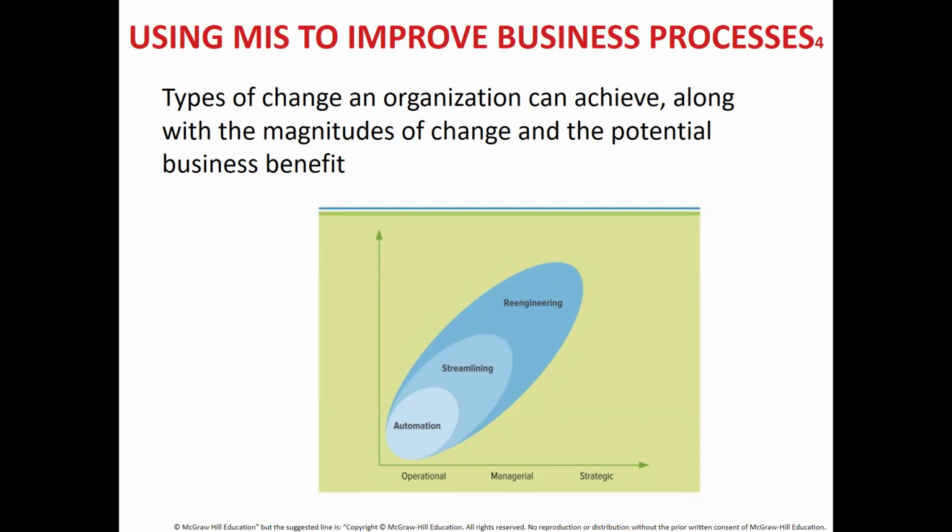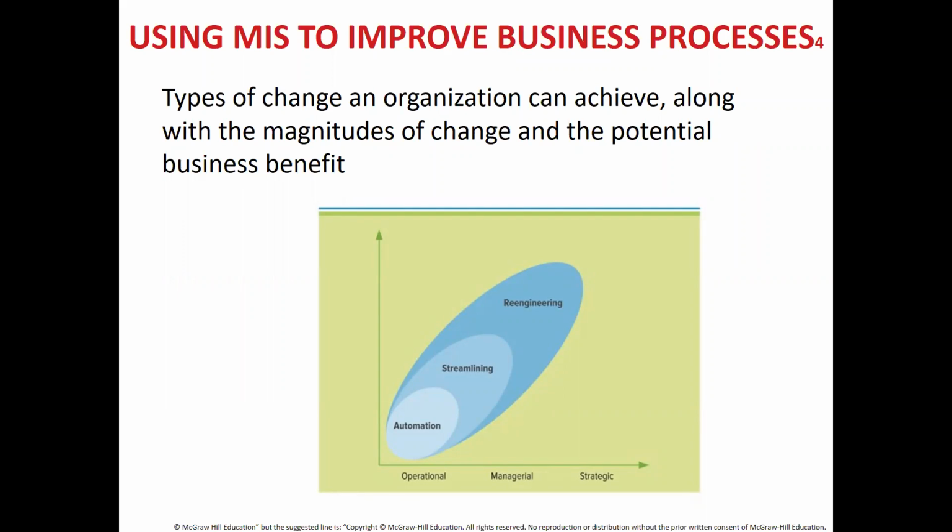When you talk about streamlining, you're talking about realignment. Realignment generally means you're trying to improve a business process. For example, you're trying to remove duplicate jobs. And finally, when you talk about re-engineering, you're redefining a process, or rather making a process better.